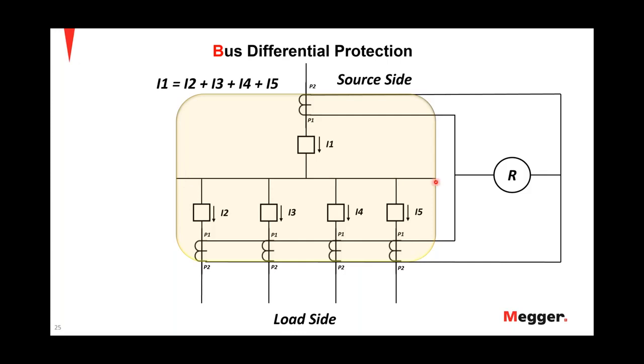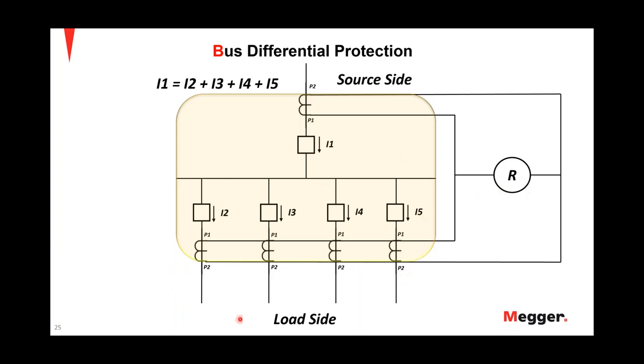Let's consider this bus as a node. So any difference between the source side and the load side, there is a current difference, and when that current difference is above the threshold setting in the relay here, then there is a fault present inside the zone of protection. Now, the way this relay should operate or should behave is that, of course, for any fault that is